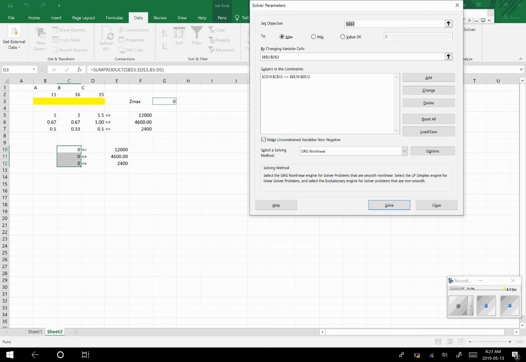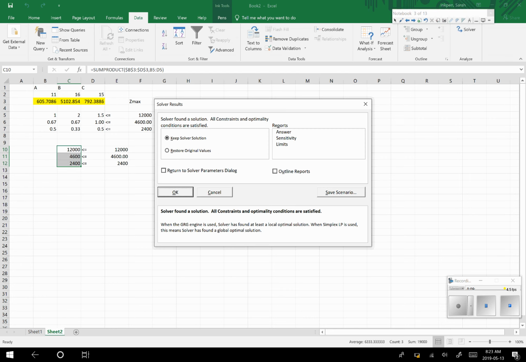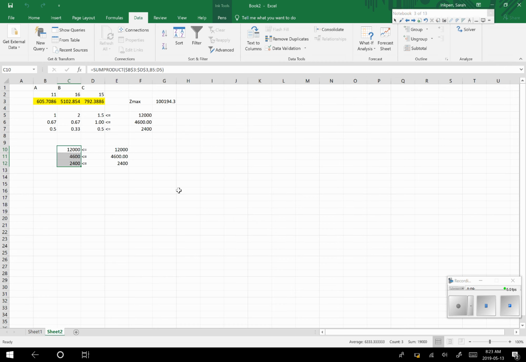Okay, make sure to make unconstrained variables non-negative, meaning that we're not going to have any negative hours here, or negative dozens, I guess is the right answer. Simplex and solve. This tells you that there is a solution. If you want, you have the possibility here of getting answers and sensitivity and limits. I've never had time to get that all done. Click OK, and